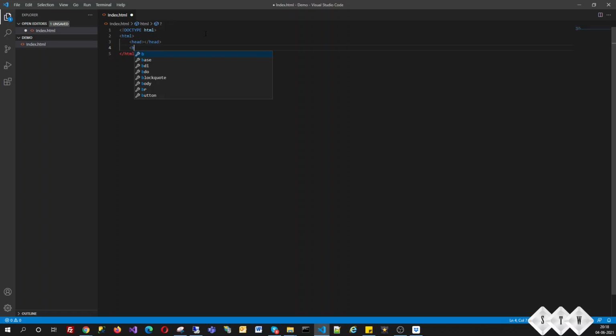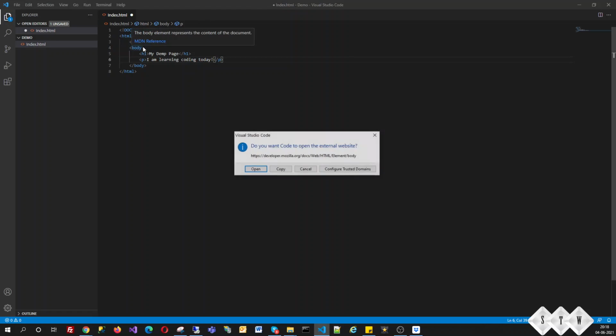So the body tag, and inside body you can add any element as per requirement, but right now I am just going to add h1, my demo page, and one paragraph: I am learning coding today.